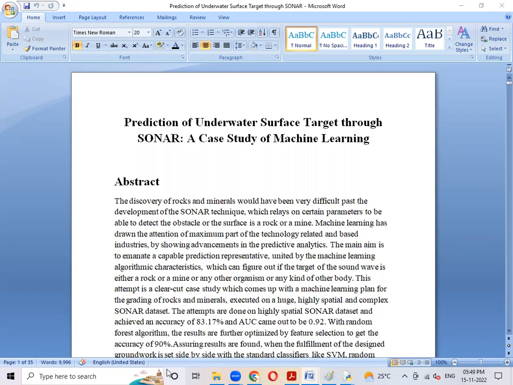The algorithms used are decision tree, logistic regression, maybe naive Bayes, random forest, lazy and extreme. So here for training we are using this, and for testing purposes we are using KNN for